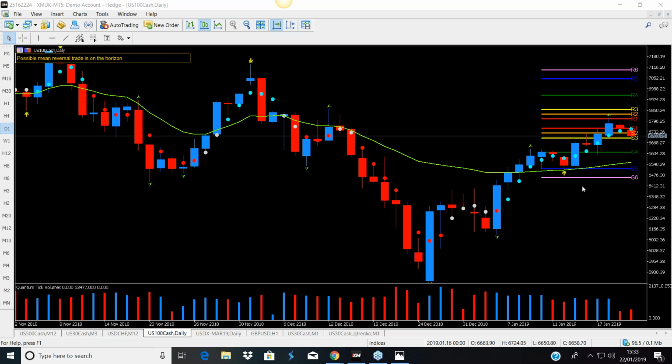I've just got this is the daily chart for the version of the Dow, the YM. What am I looking at? I'm looking at the wrong one. I'm looking at the cash. I'm on the NQ. Yeah, you're on the NQ. I do beg your pardon. I put up the wrong profile.